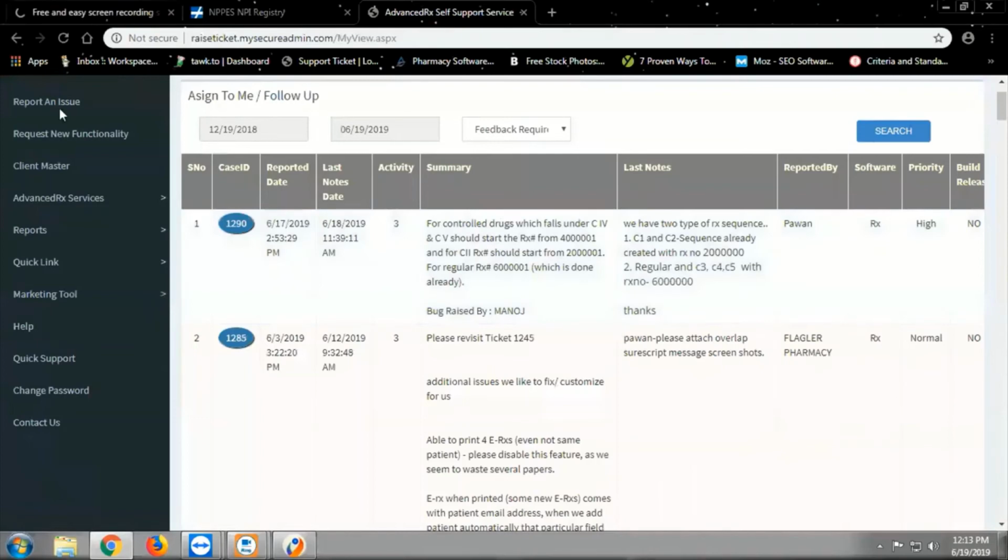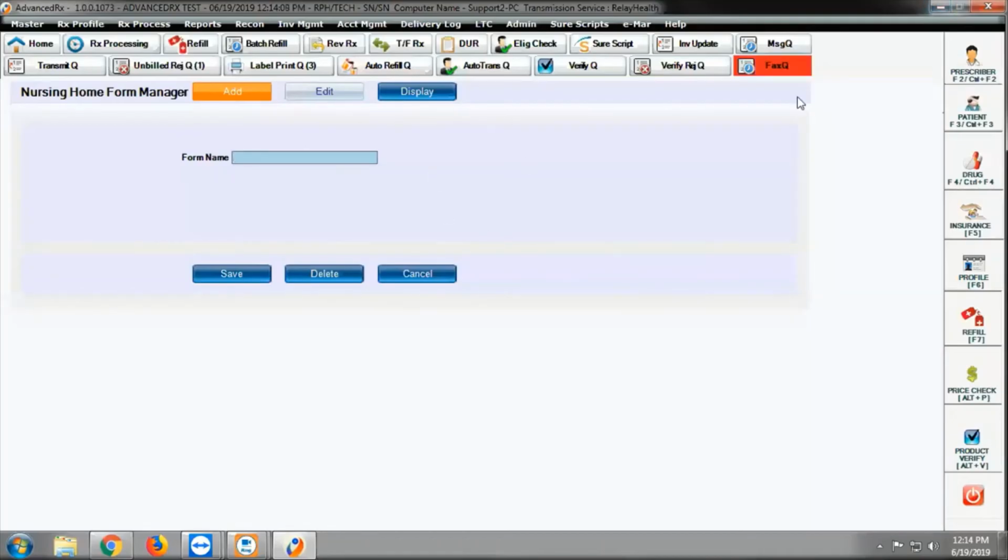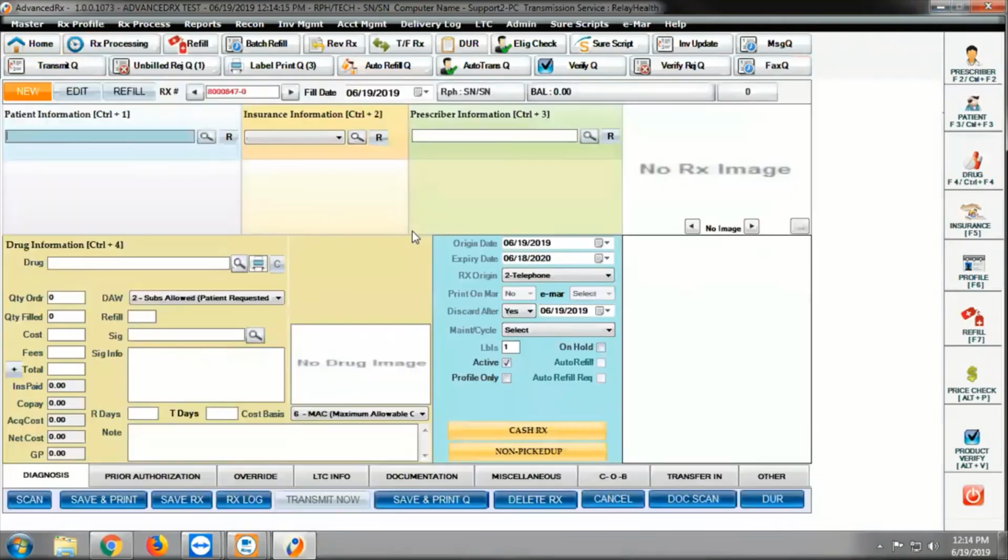All right, so this is for creating a new functionality which you think makes sense and can be added for all the pharmacies. We are always open for customization. Yeah, so this is basically the basic demo of the software. Is there something that you want me to